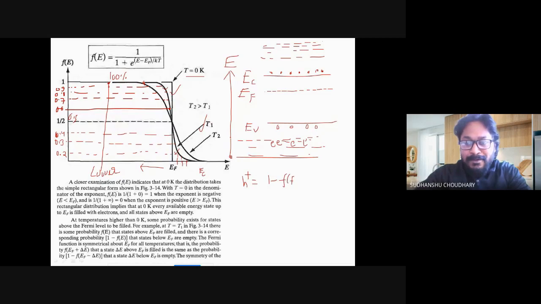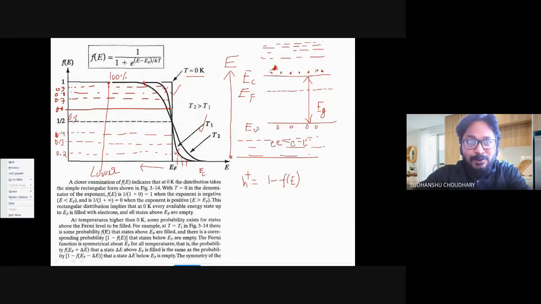So if I do 1 minus Fe, this gives me the probability of finding a hole below EF. Right, below EF, a hole obviously cannot be found here. So holes are found below EF, obviously in the valence band. Nothing can exist here within the band gap. So that means this valence band would also lie somewhere here below EF. Maybe let us say that the valence band energy lies over here, EV.